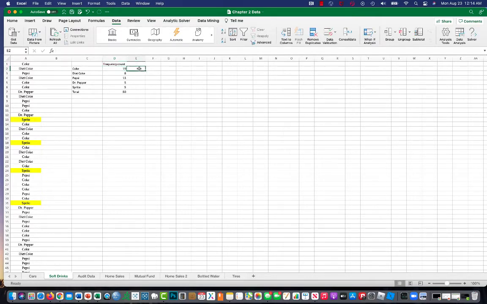We can calculate the frequency percentage, or relative frequency. The relative frequency is how many observations are in a specific category versus the total number of observations. So here it equals 19 divided by the total, which is 50. And then let's copy the